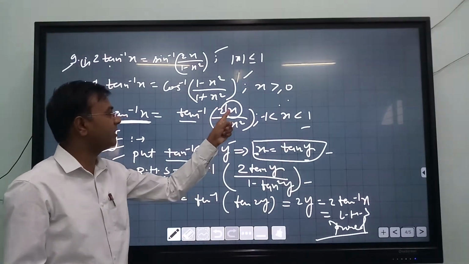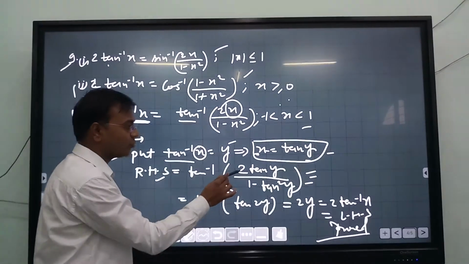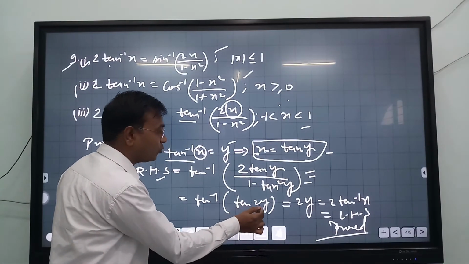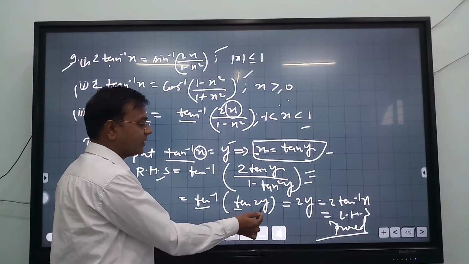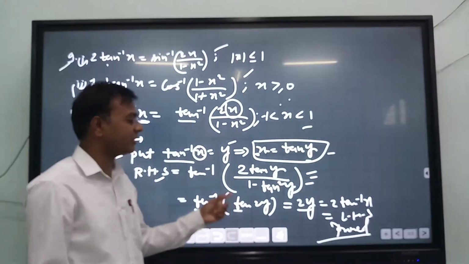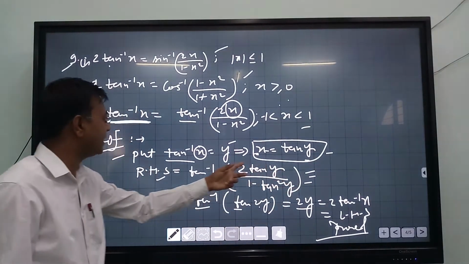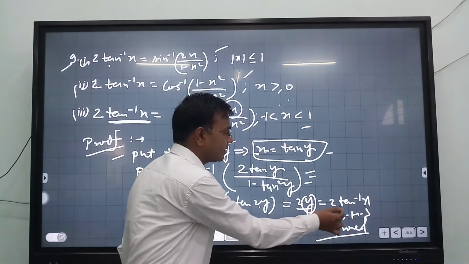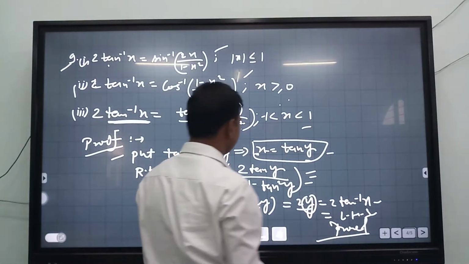See, x equals tan y we are placing here. So now this is the clear cut identity, recall, 2 tan y upon 1 minus tan square y studied in class 11. This is the identity of tan 2y. Tan 2y equals the whole expression. Now tan inverse tan 2y equals only 2y as per the trigonometric function property. That is, the same inverse function and same trigonometric function give the angle, that is 2y only. And now what is the value of y? Assumed as tan inverse x. So replace this y with tan inverse x, and which is what? The left hand side. Clear?